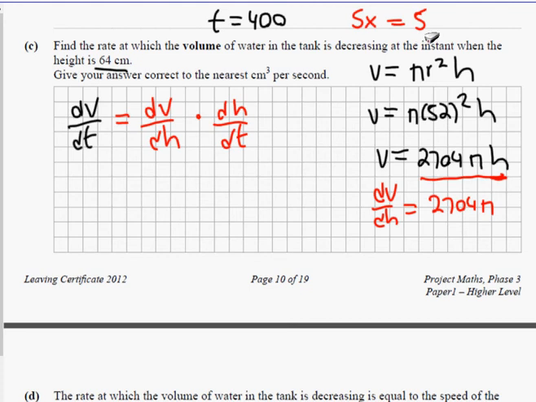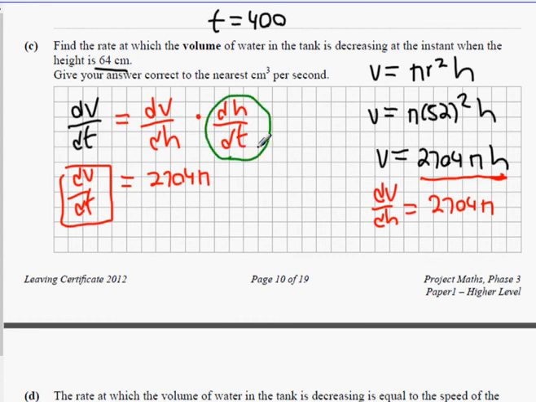Okay? So what we have is our 2704 pi, and dV dt is the purpose of the question. That's in the box. This means we must have a way to get this answer. There must be something in the question that tells us how to do that. Okay? Now, what we're going to do next